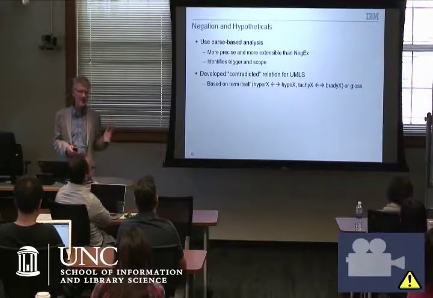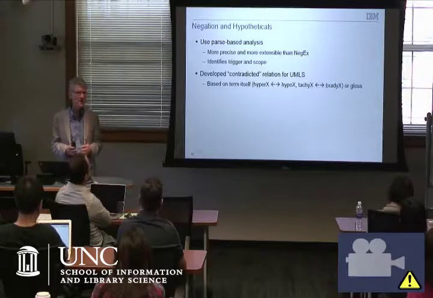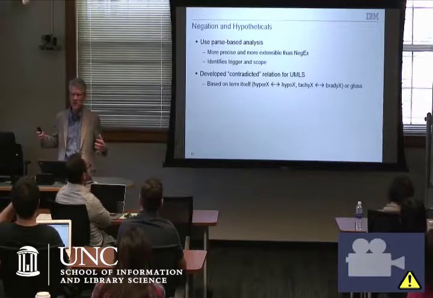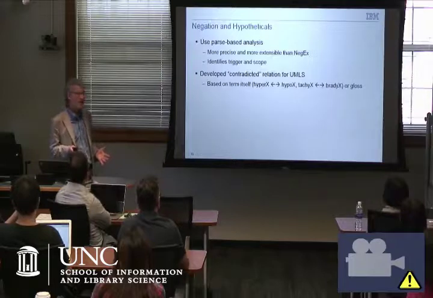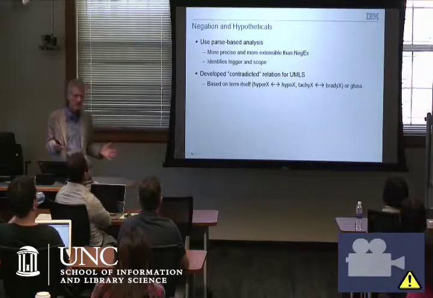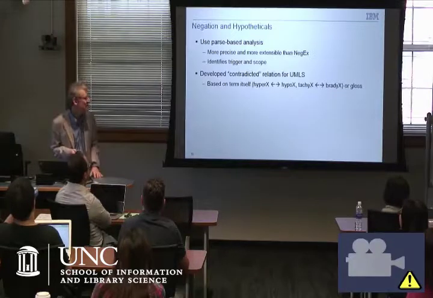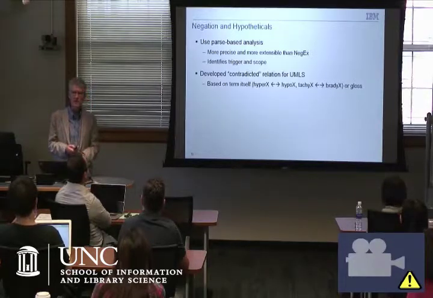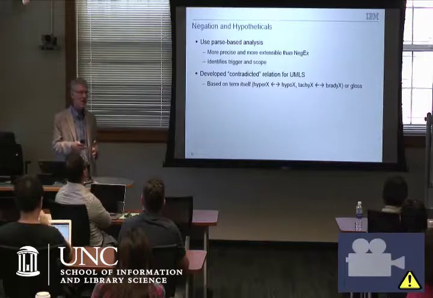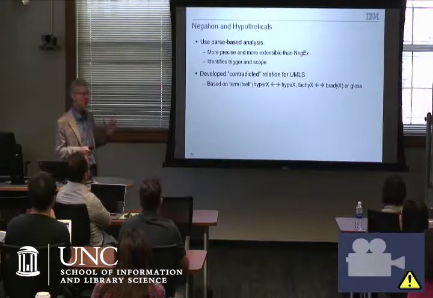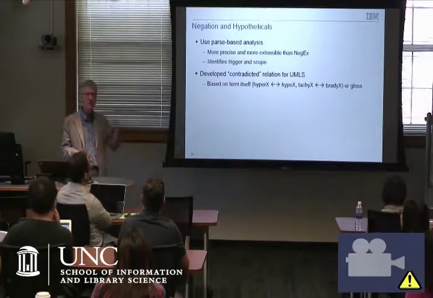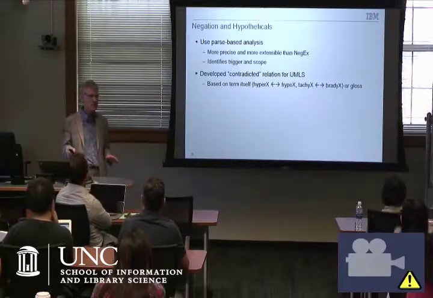In addition, UMLS, I said it was deficient in certain ways. It doesn't have contradicted or negated relations. It doesn't tell you which terms are mutually incompatible with each other or mean the opposite. So we can do that in a couple of ways. There are prefixes. These all happen to be Greek. A lot of the rest of the talk is going to be in Greek, that have opposite meanings to each other. Right? Hyper and hypo basically mean above and below. So the terms hypertension and hypotension are opposite to each other. One means you've got a higher than normal blood pressure, the other means you've got lower than normal. So they're mutually incompatible. You can't have them both at the same time.